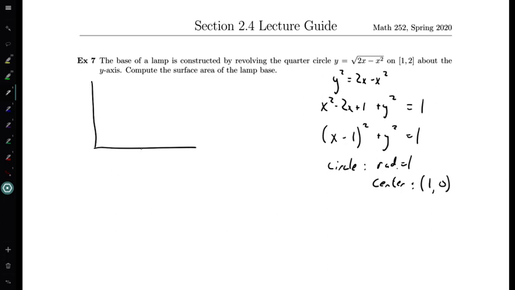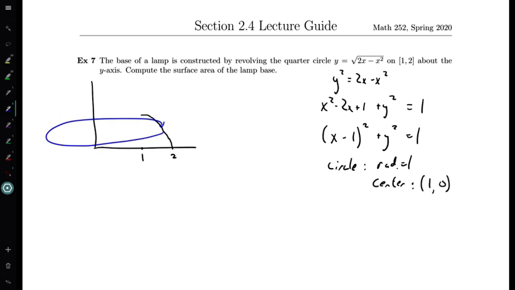So if I find that point here, then the circle that I've drawn is this circle here, because I'm looking at the top half of the circle because I've taken y to be the positive square root here. So I have my half circle here, but I'm also focused only on the interval from 1 to 2, what the problem statement gives me. So that's where this quarter circle is coming from, because I'm just focused on this part of the circle. Then what I'm doing is I'm taking this part of the circle and I'm revolving it about the y-axis,